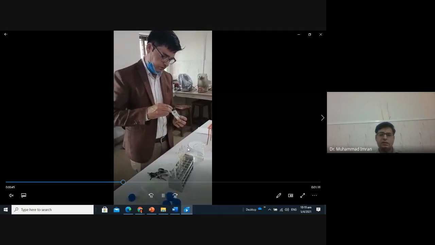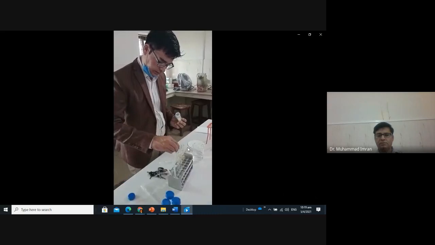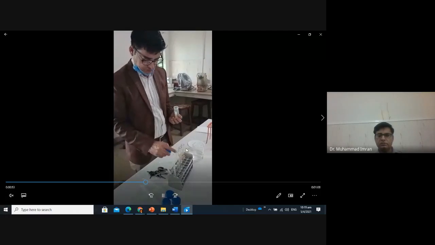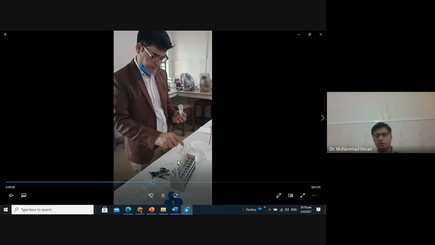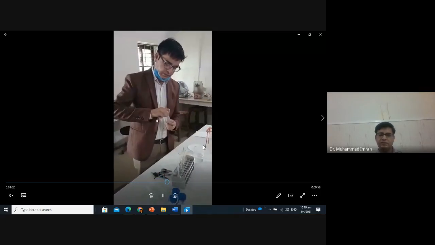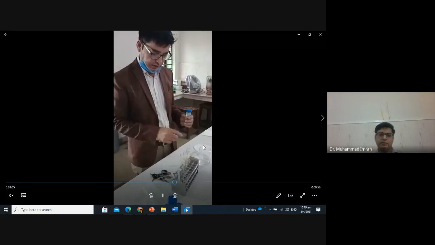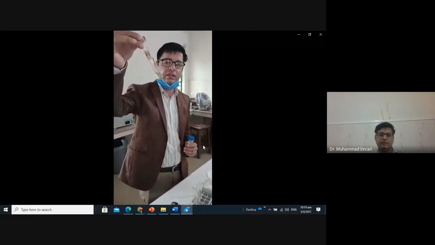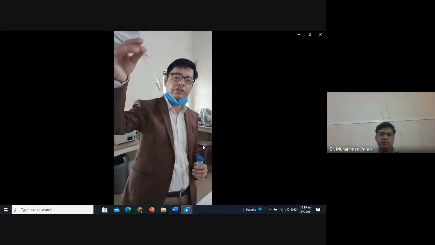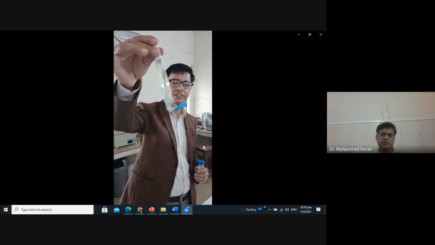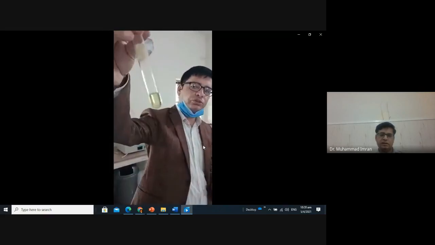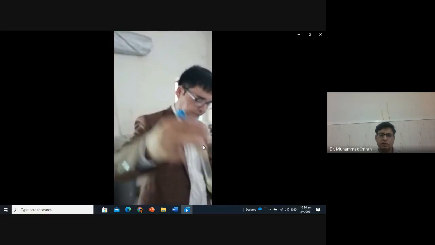Here you can see the analysis result after putting oil in all 4 test tubes. These test tubes contain organic solvents, so they can dissolve oil easily. Here you can see N-hexane, it easily dissolves the oil because it is organic in nature. Here you can see the acetone, it easily dissolves the oil because both are non-polar and organic.